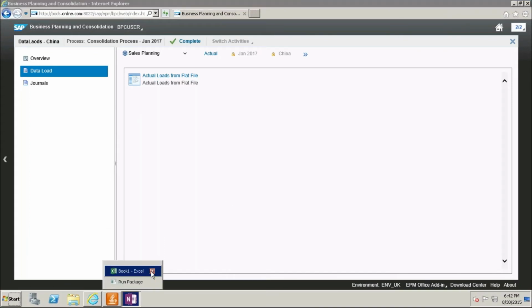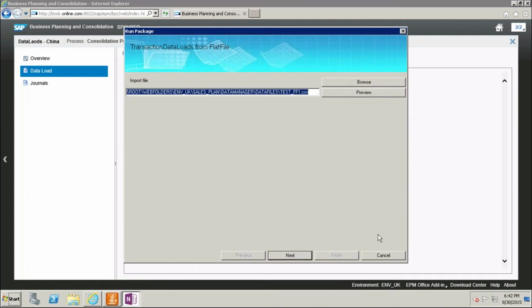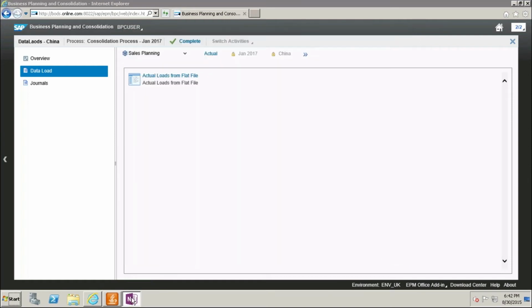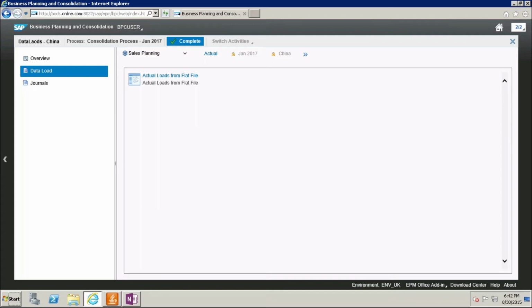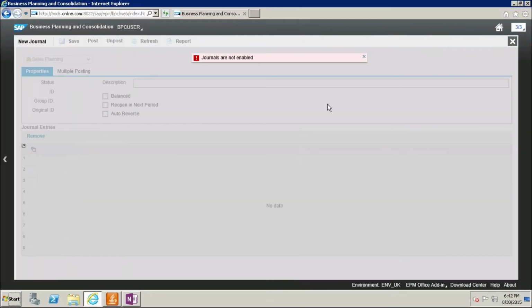Again we have the Excel and run package. I'm going to cancel now. So I completed everything and I'm going to complete this. Once this is done, you come to the journals part, everything you have done.